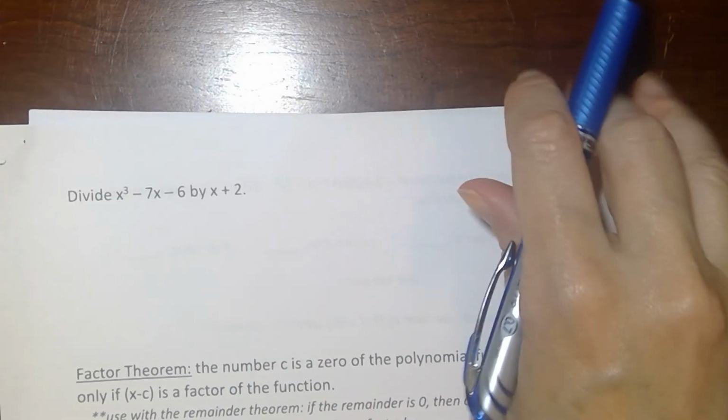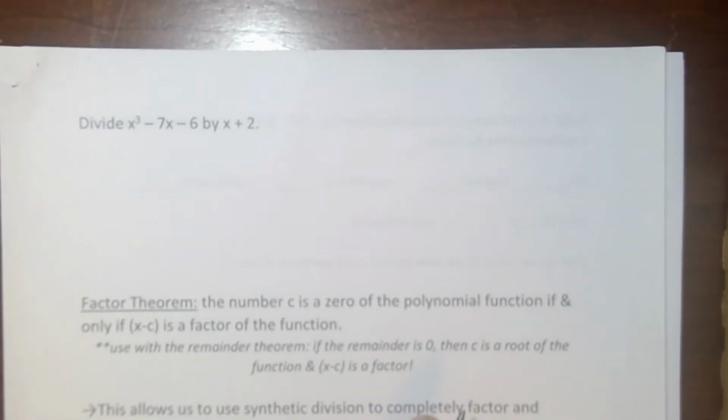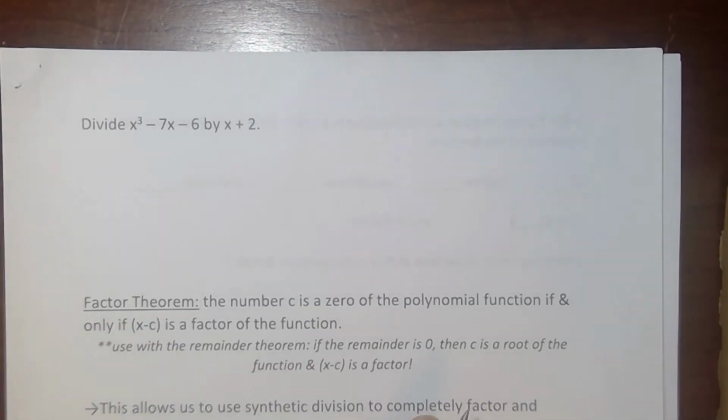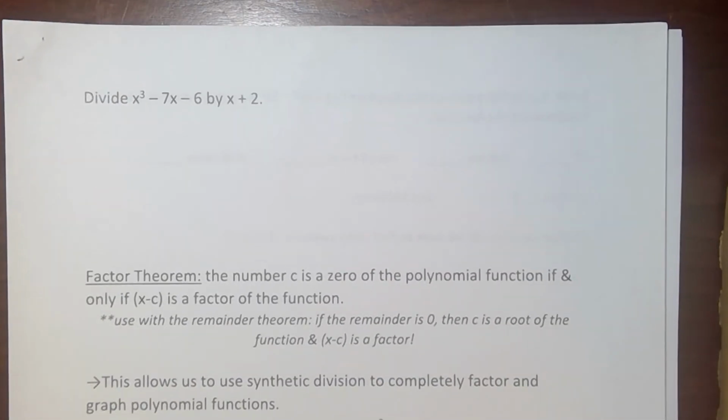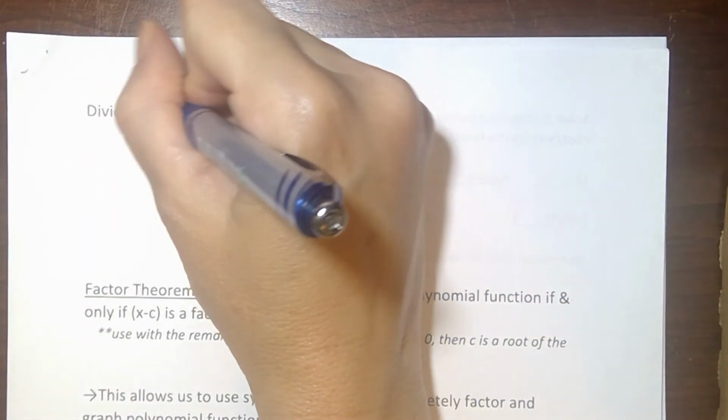Divide x cubed minus 7x minus 6 by x plus 2. Well, I'm dividing out a single degree, so I can use synthetic division. Let's set this up using synthetic division. That means that my dividend